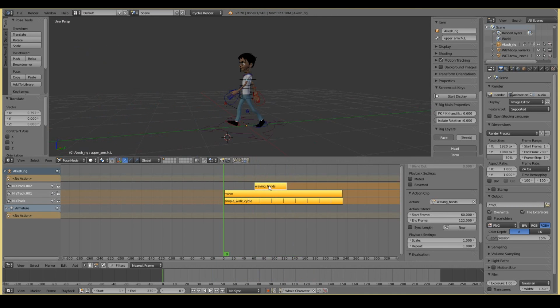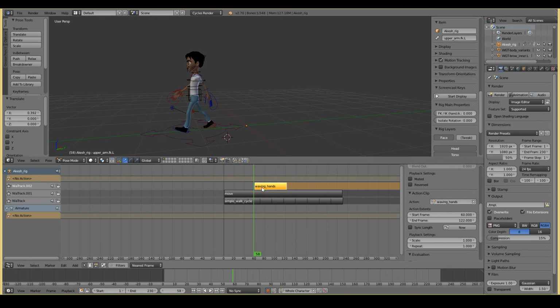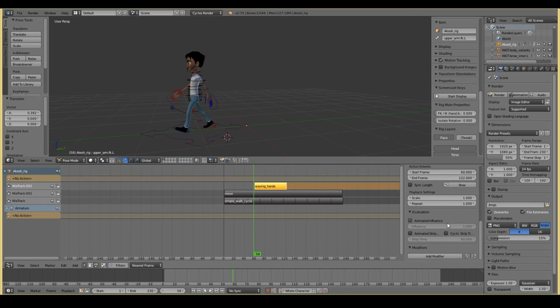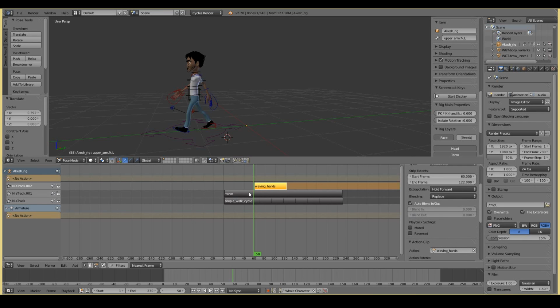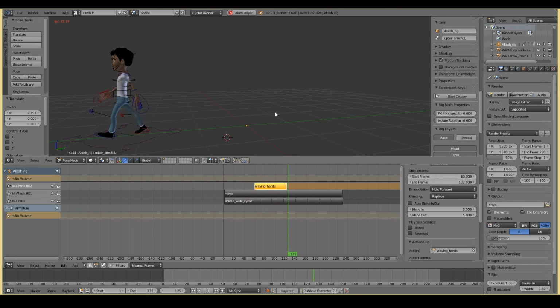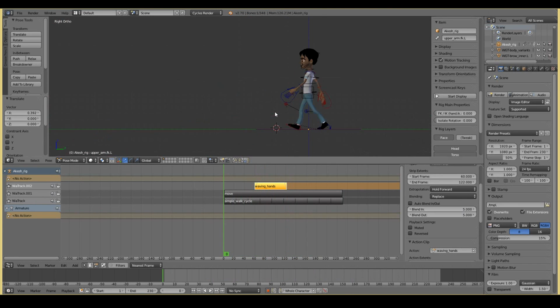And you can create interesting animation that way. Obviously, it starts abruptly, so you can adjust that, like adding an auto blend. It starts quite abruptly over here, so you can adjust that by blend in, blend out. Say blend in by 5 frames and blend out by 5 frames. Now if you play it, you'll see that it blends in and it's not as abrupt. So you can create dynamic types of animations that way.